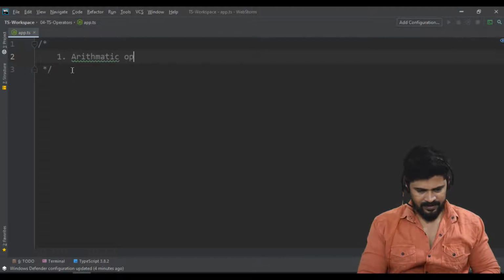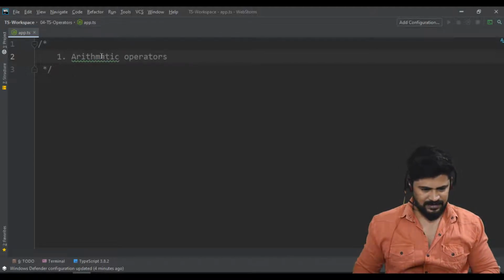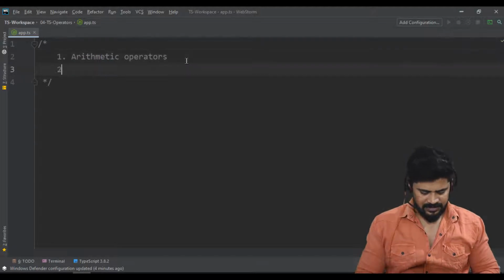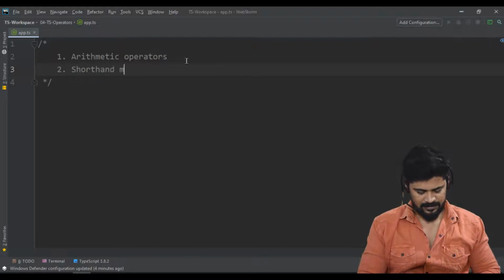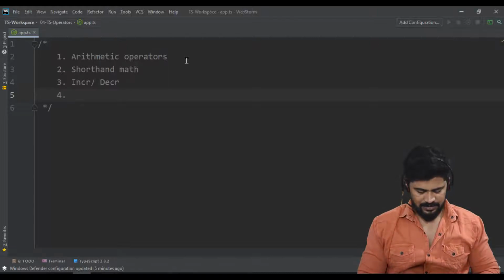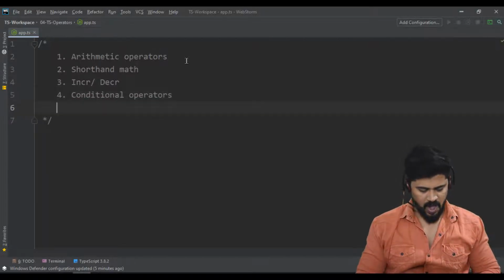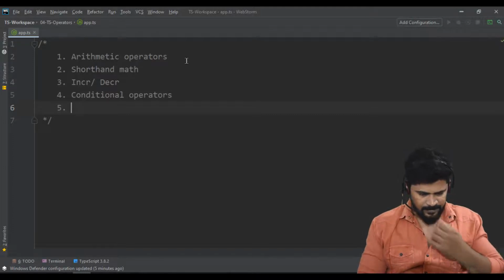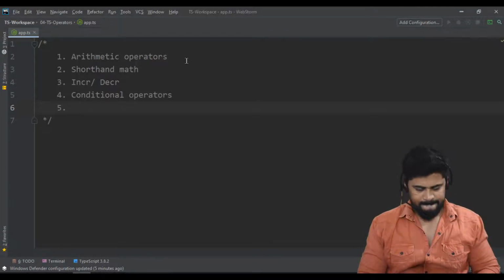arithmetic operators, and second one shorthand math, and third one increment or decrement operators, and comparison operators, conditional operators, and logical operators.